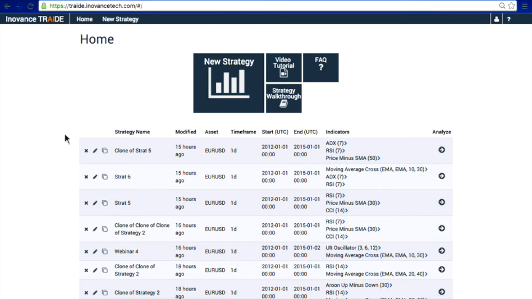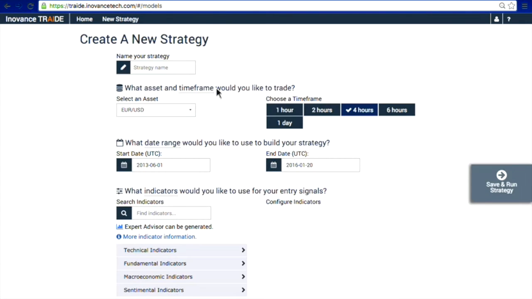So all in all, from start to finish, this strategy probably took me between 5 to 7 hours, but it is something that I'm really excited to try out on a live account, and hopefully it'll be included in our TRAIDE quant fund. So hopefully everybody's excited, but let's get started and go through the process of